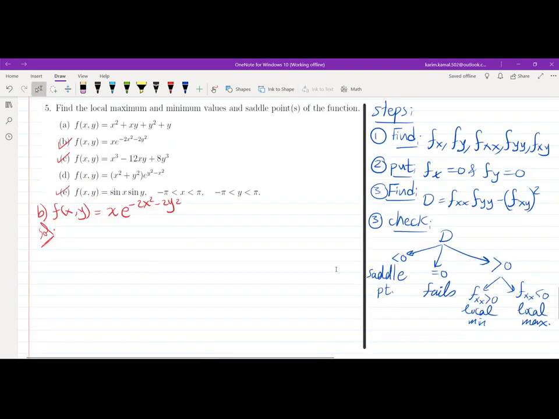Now let's go to problem number 5. It states: find the local maximum and minimum values and saddle points of the function. We will start with problem number B. f of x and y equals x e power negative 2x squared minus 2y squared. We should follow these steps in order to find the maximum and the minimum values. First of all, we will get